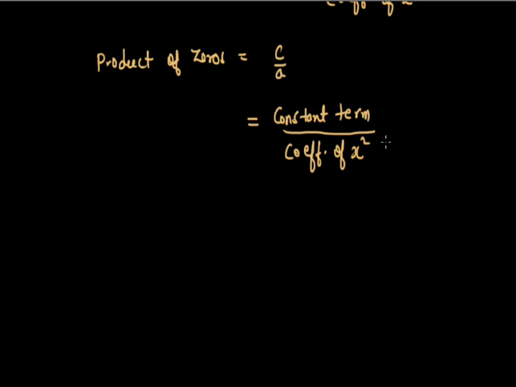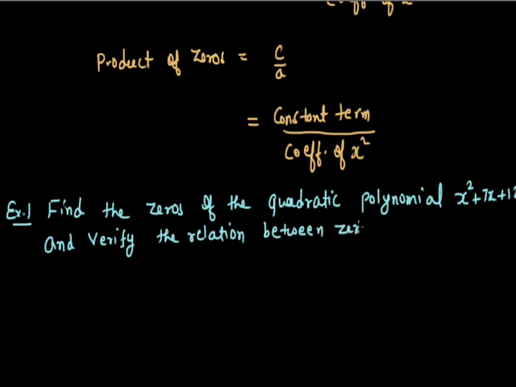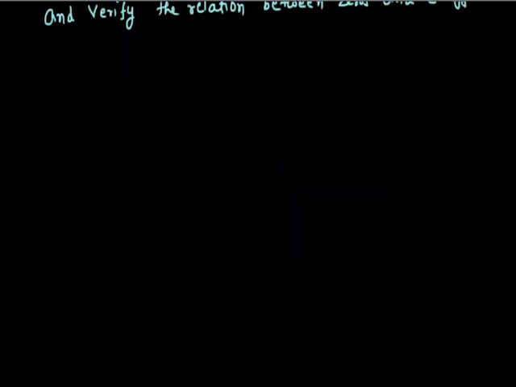Now let's do some examples on this topic. Example 1: find the zeros of the quadratic polynomial x² + 7x + 12, and verify the relationship between zeros and coefficients. Now solution for this: